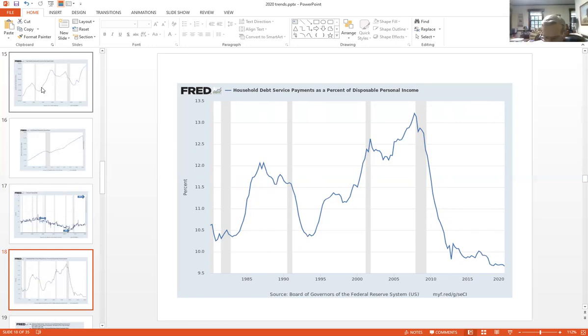But you can see that debt service as a proportion of disposable income has really come down between 2010 and 2019. That was because the economy was growing and employment and incomes were very, very lucrative. In the recent months,